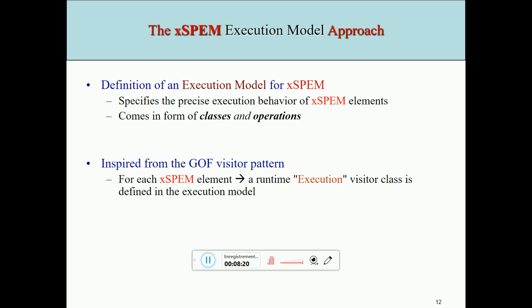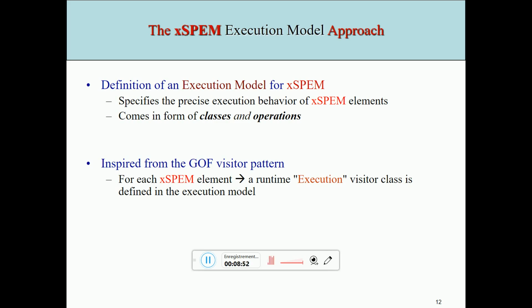The execution model would come with a set of classes and operations that would implement the precise semantics of XPAM elements. This was inspired, of course, by the Gang of Four visitor pattern, and for each XPAM element we would have at runtime an execution element that would simulate the behavior of this element.